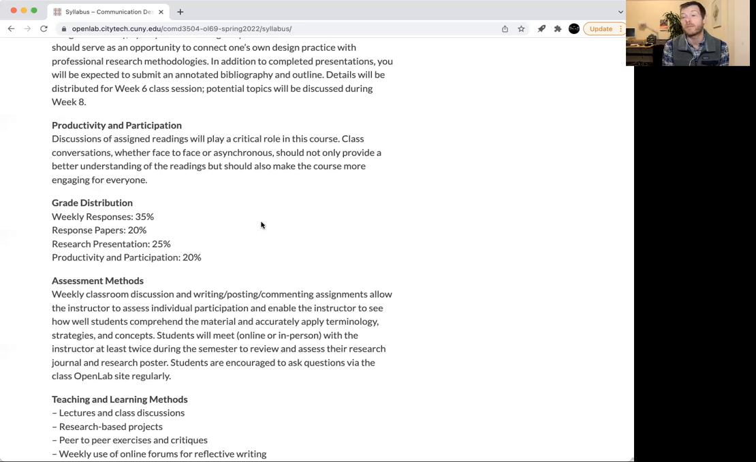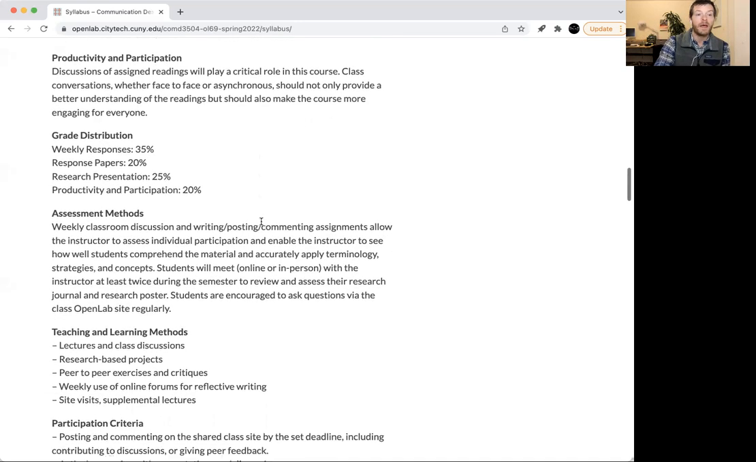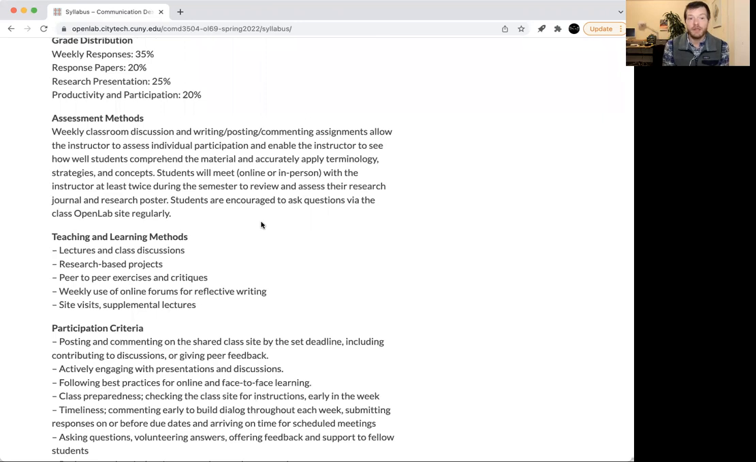And the productivity and participation, meaning how much you're commenting, how you're engaging with the classroom side of things, virtual as it may be, is 20% of your grade. So you should be posting comments every week. You should be engaged with this discussion that develops around the readings and around the weekly classroom content. Okay. Weekly classroom discussions, writing, posting comments will allow me to see your participation and see how well you comprehend